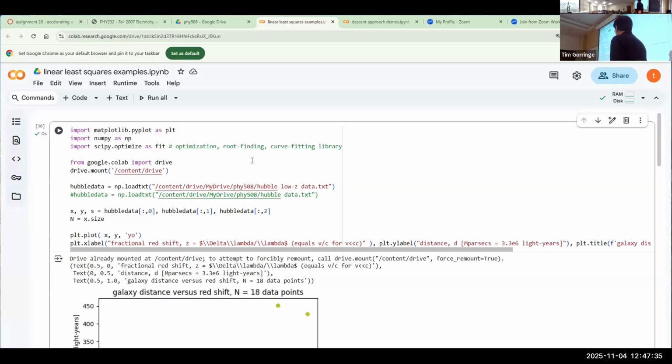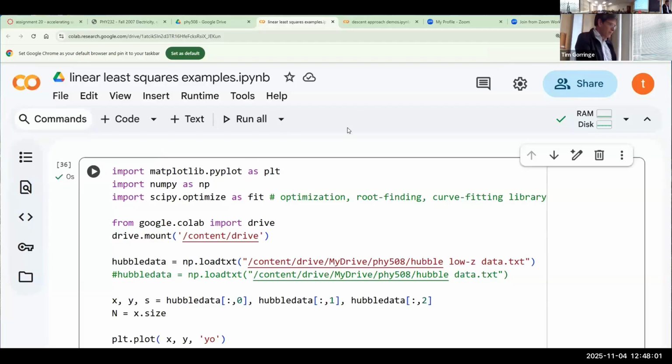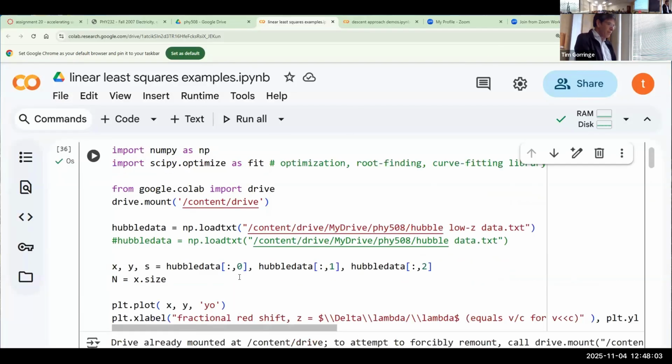So this is exactly the same data. There were two sets of these data. There was kind of a lower Z data, meaning lower recession velocity data, and there was a higher Z data. I'm just going to use the low Z data here. And in the homework, you're going to use the fuller data set with the high Z data. And just trying to remember how to make this larger. Anyway,